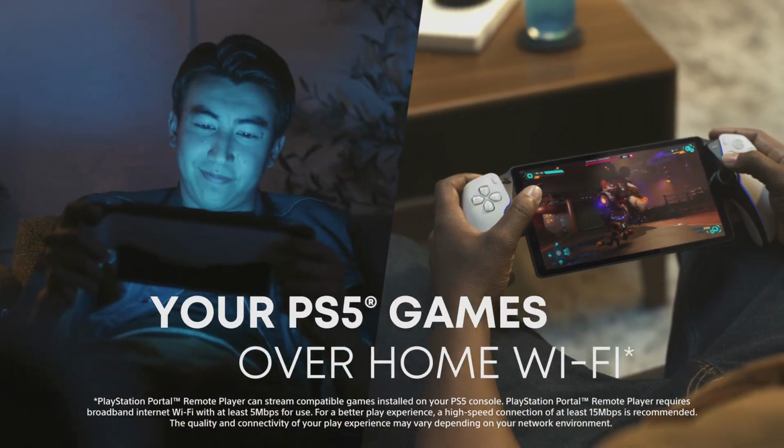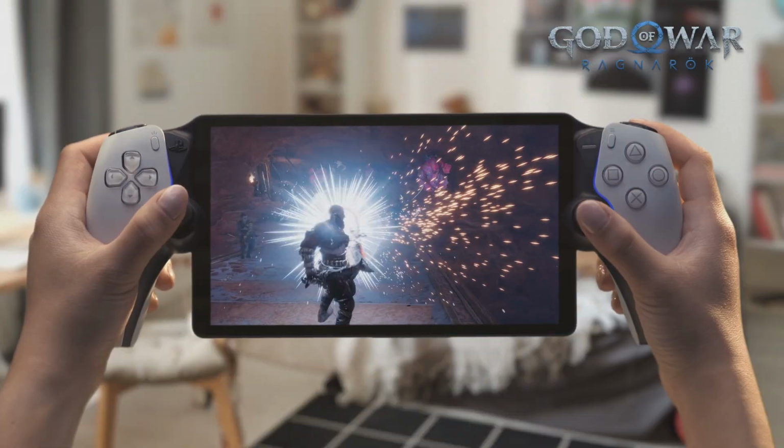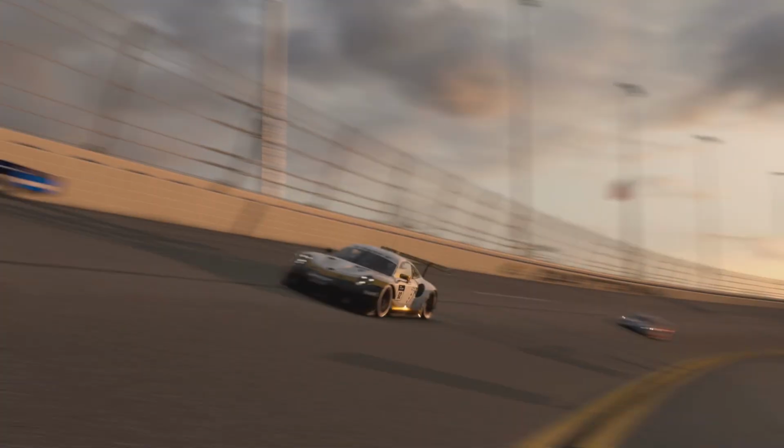And overall, I really like the concept of what the PlayStation Portal is meant to be. It is a device for you to be able to play your games remotely. And it's a fantastic concept, but that leads us into